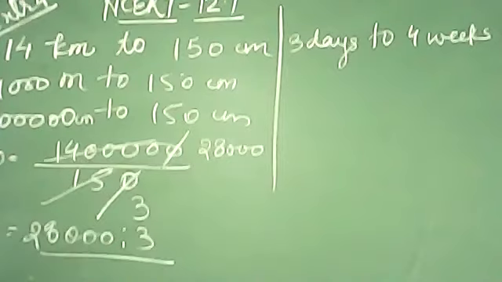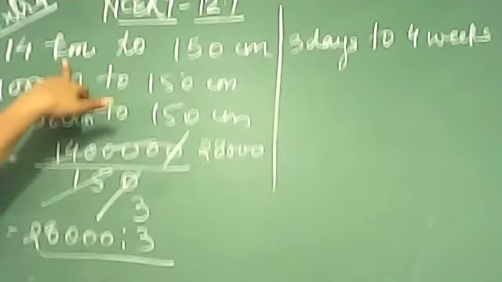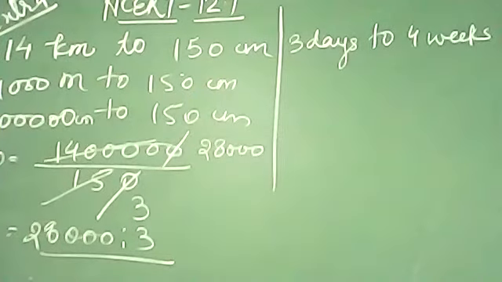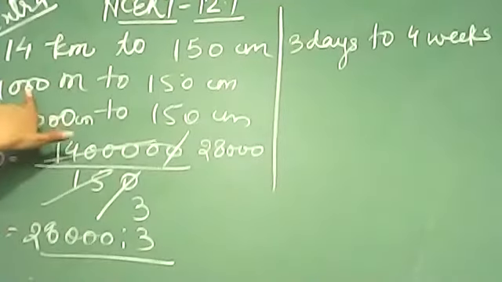I'm speaking once again. See, it was in kilometer, it was in centimeter. Kilometer से direct centimeter में you cannot convert. No, first you will go to kilometer to meter. 1 kilometer means 1000 meter. So 1000 means 3 zeros you have taken.